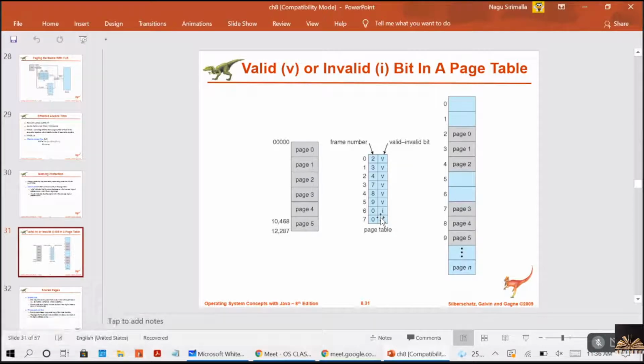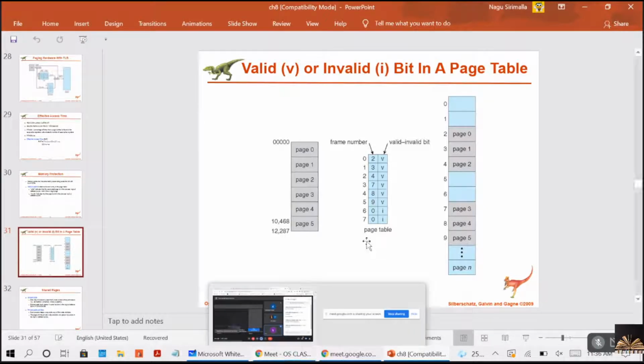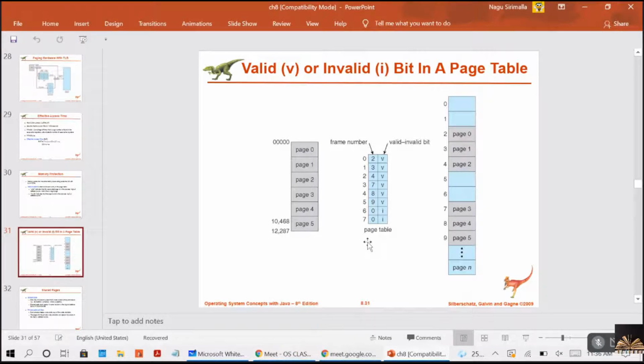You're getting me, guys? The operating system sets this bit for each page to allow or disallow access to the page. So the one who puts these values, valid or invalid, is the operating system. Based on this valid or invalid bit, a process will be given access to them. Now, this is the example.